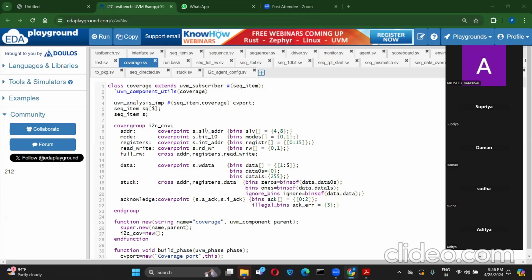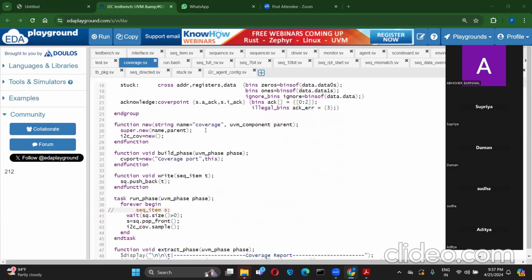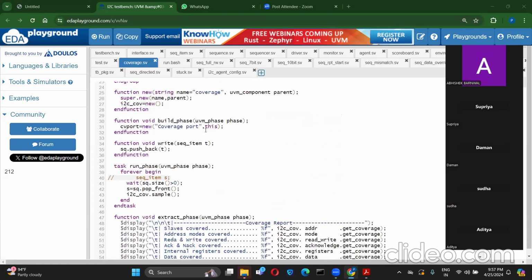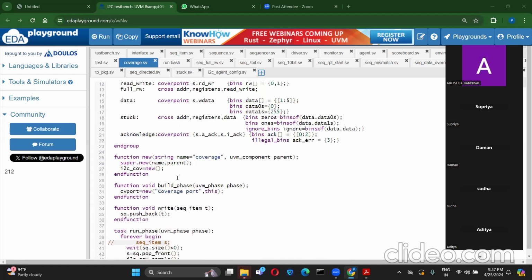Okay. And one question, I'm sorry to interrupt. Regarding the sequence item S on line number 6, this is the handle, right? So we create a handle using this. Yes. But what about the new operator? So we need to have S equals new also, right? Correct. Before we can use it, we need to have it. Here we didn't build it. In build phase, yeah, you can do it in build phase.